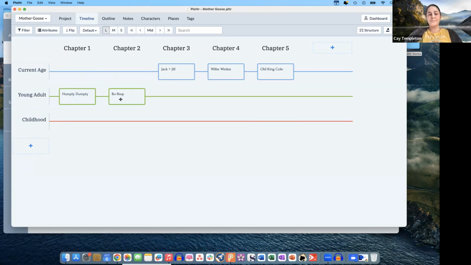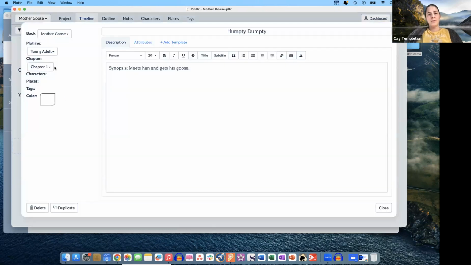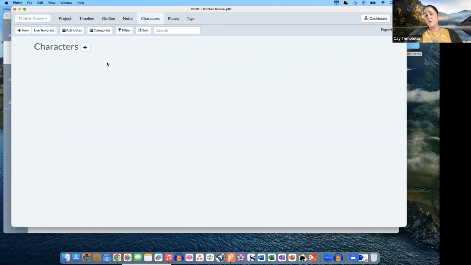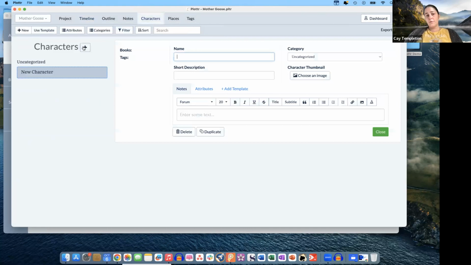overlap in time. Okay, so going back into Humpty Dumpty, as we look, we see places and tags and characters, colors. What are all these things? If you look across the menu, you'll see that you have the same information up here. So what you can do is, these are like character breakdowns. So when you go into a character tab, you always hit the plus sign, and Mata